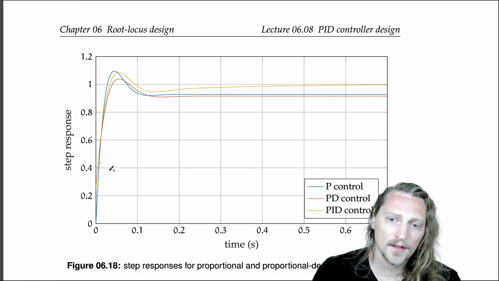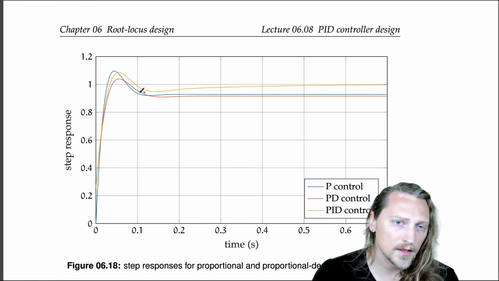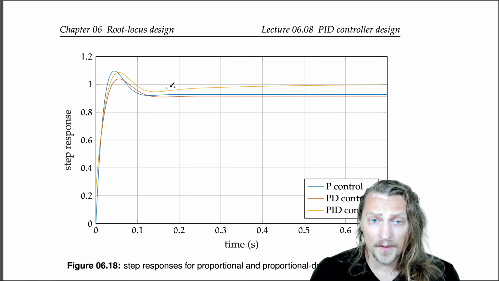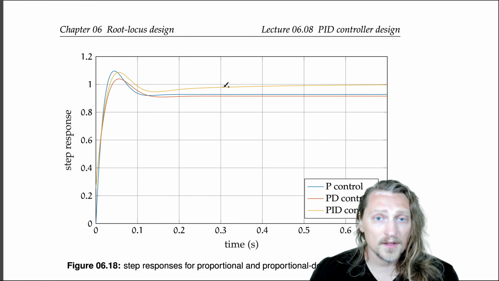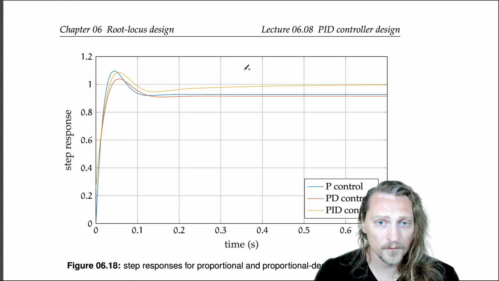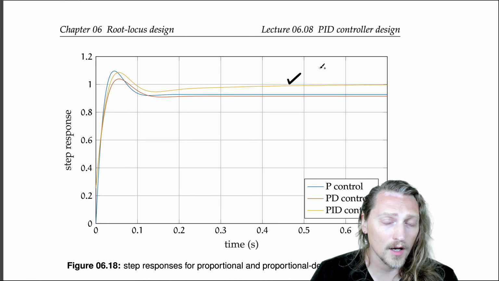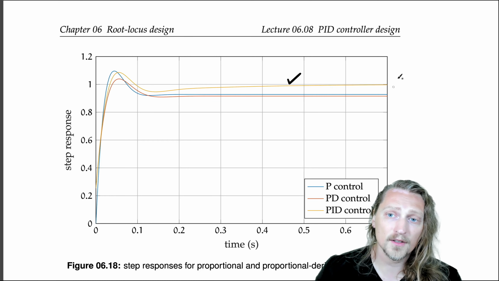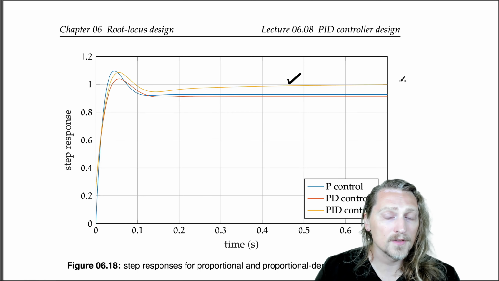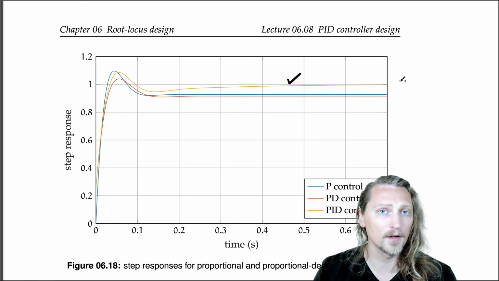We've got the P in blue, the PD in red, and then the PID in yellow. We see that, of course, the integrator actually helped us with our steady state error, which is good. This is what we were expecting to see when we included the integral compensation. We expect 0 steady state error as time goes to infinity because we have a type 1 system once we've included the integrator,